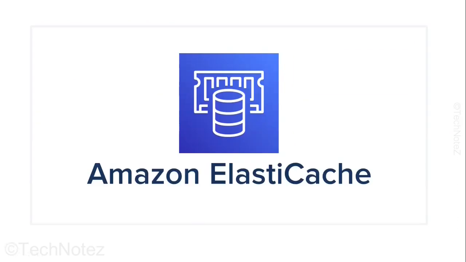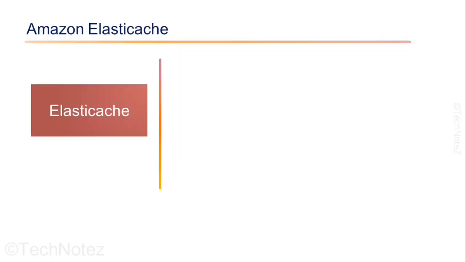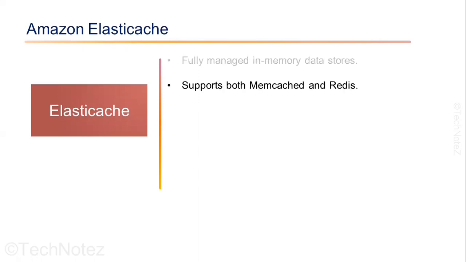So next, we have two other managed services that you can leverage on AWS, and those are Amazon ElastiCache and Amazon Redshift. Amazon ElastiCache is a web service that makes it easy to deploy, operate, and scale an in-memory cache in the cloud. It is a fully managed in-memory data store, meaning it can automatically handle tasks such as software patching, setup, configuration, and backup. ElastiCache supports two open source in-memory caching engines, Memcached and Redis. Both engines can be used to significantly improve the performance of web applications by allowing them to retrieve data from a fast in-memory store rather than relying on slower disk-based databases.